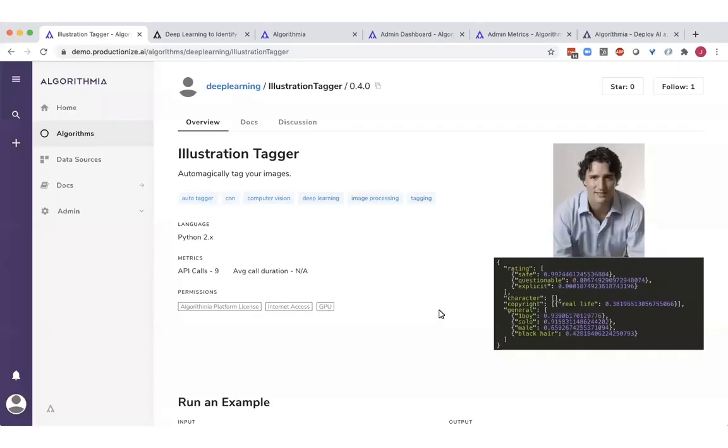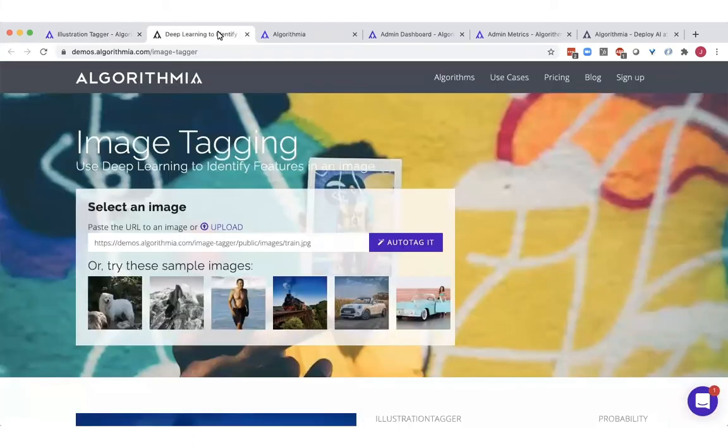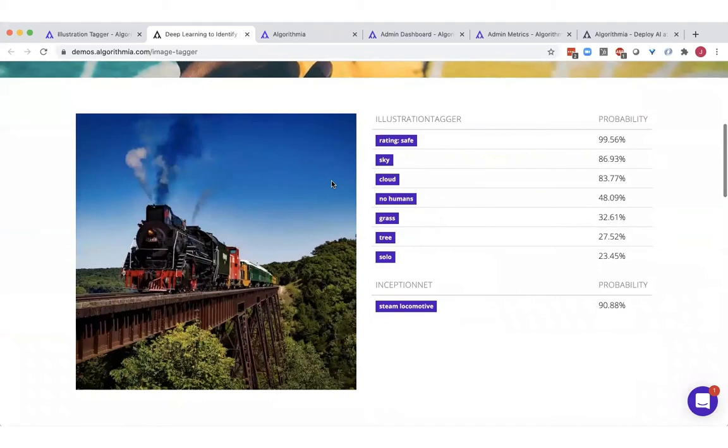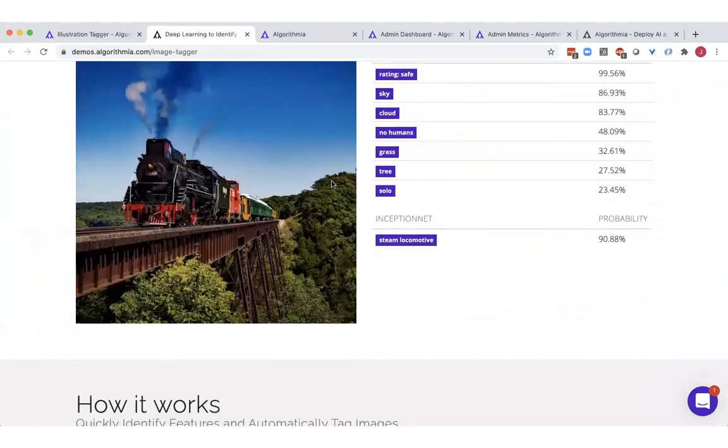To wrap up this short demo, I'm going to cover how developers and DevOps teams can utilize the Algorithmia platform. We covered this illustration tiger model example at the beginning of the demo, and what we've done is create a web application that calls the Algorithmia API in a secure manner to tag images which have been uploaded by users. And using our APIs, developers can create performant, secure, scalable, and maintainable code for their applications that leverage machine learning and AI. And Algorithmia helps organizations meet resourcing, timelines, and budgets of software projects by speeding up that